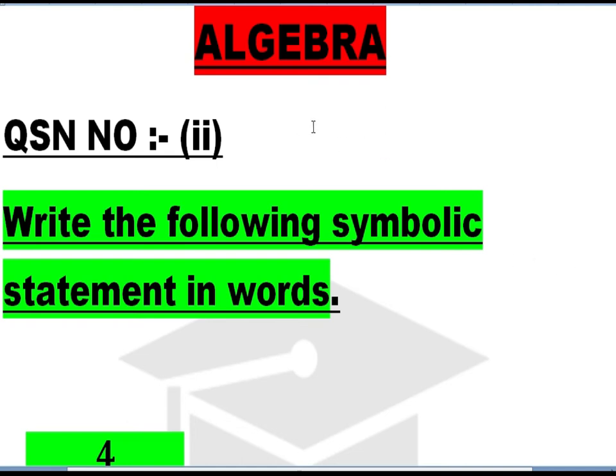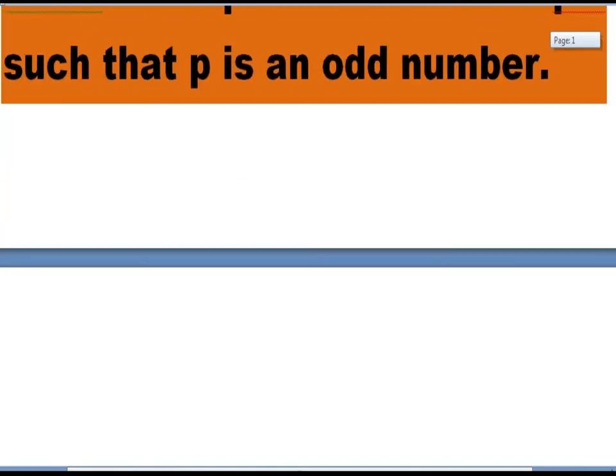Children, today we are going to study algebra 1.1 question number 2. In the previous lecture, we saw both the listing and rule methods. I taught you the listing method, and the rule method we are going to study in today's lecture. Before starting that lecture, we had to study a few symbols. So how to read these symbols?